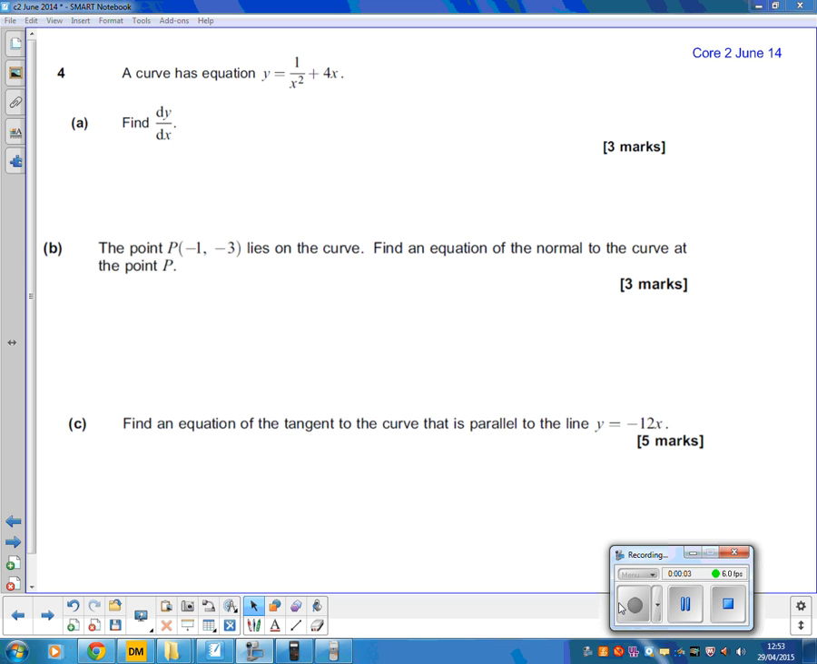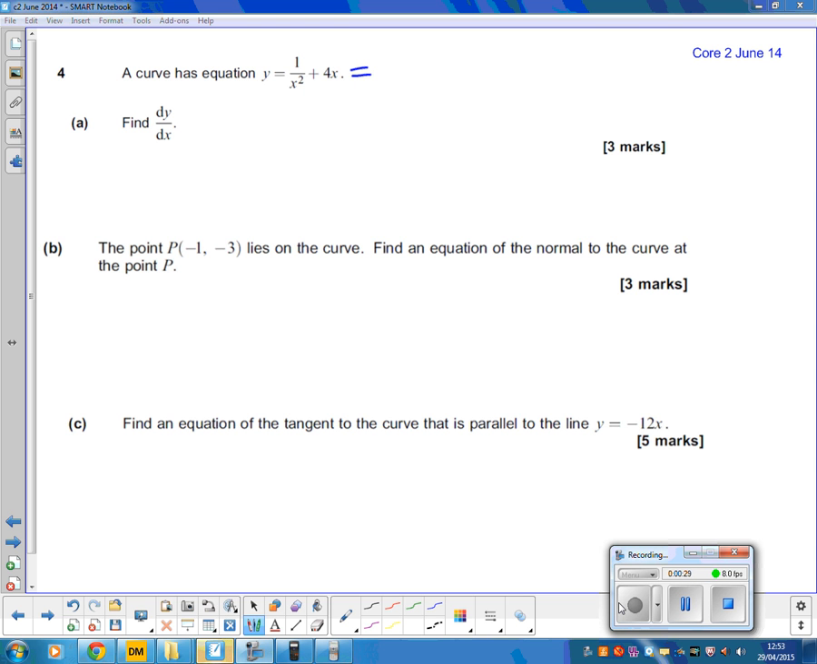Okay, question 4. We've got a differentiation and finding some normals and tangents. A skill from Core 1, but we're just doing this with higher powers now, Core 2, with non-integer powers. So we've got this curve, it has an equation, we're going to differentiate it. As with most Core 2 questions, if we're going to differentiate it, we're probably going to have to rewrite one of these